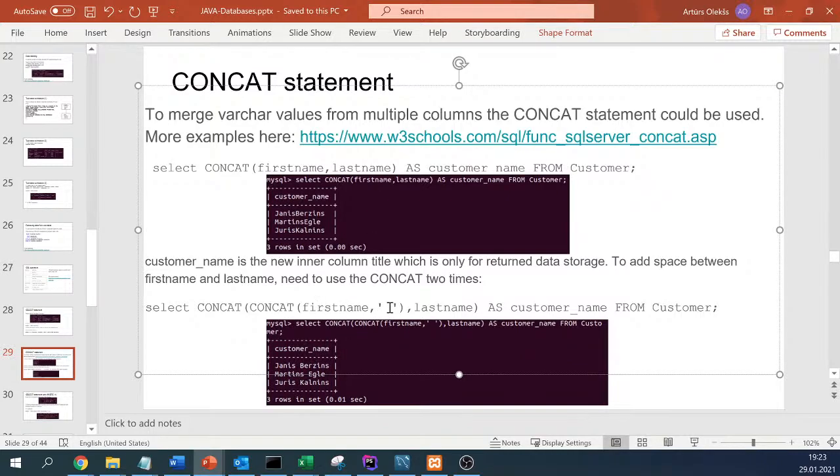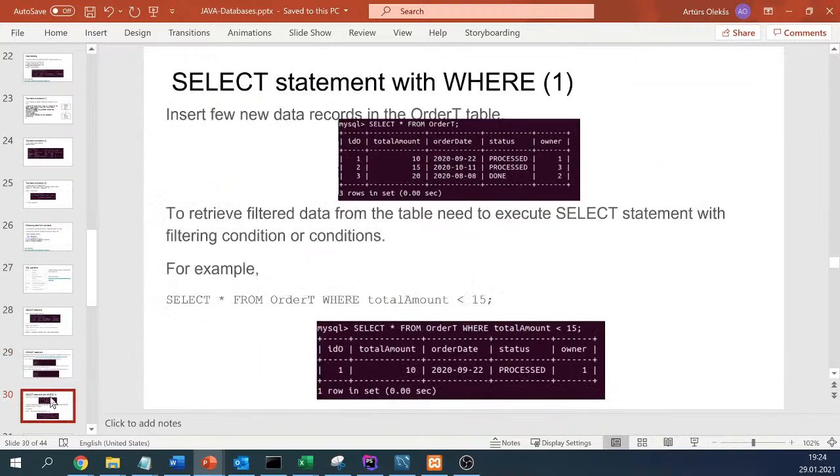We concatenate them with an empty space, and after it is concatenated with an empty space, we have the value which is first name plus empty space, and then it is concatenated with the last name and returned as customer name. At the end,